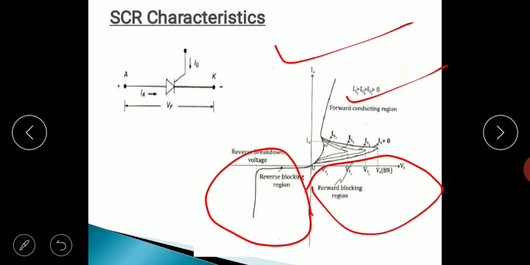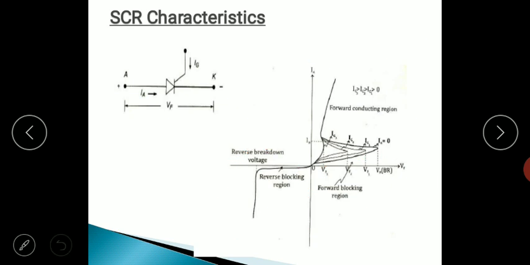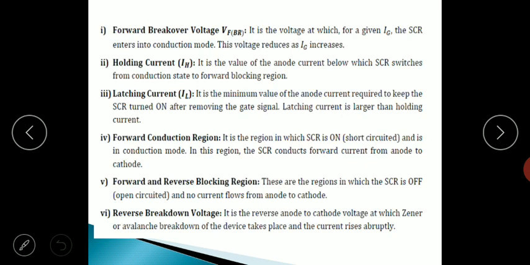One more thing you can see is that the SCR characteristics is drawn for different gate voltages, and as the gate voltage increases, the characteristics curve of the SCR moves towards the y-axis. Now from this characteristics of the SCR, we can define different parameters of the SCR, and those parameters are given here.